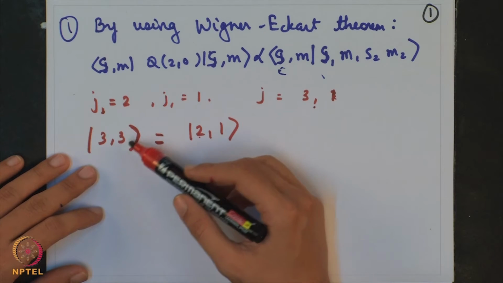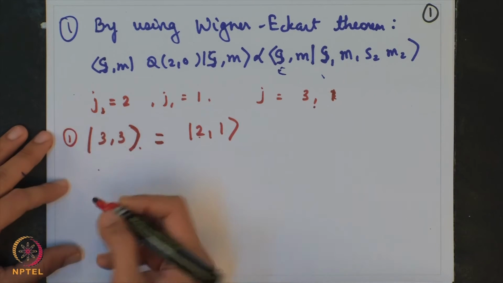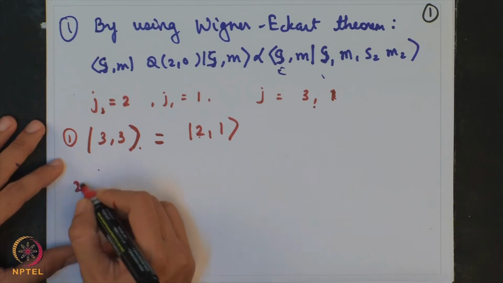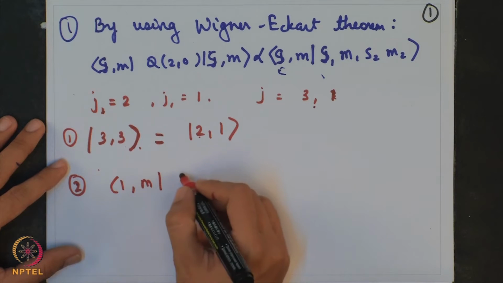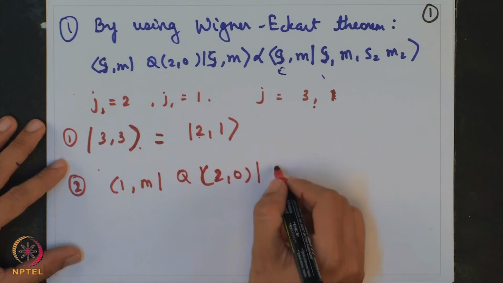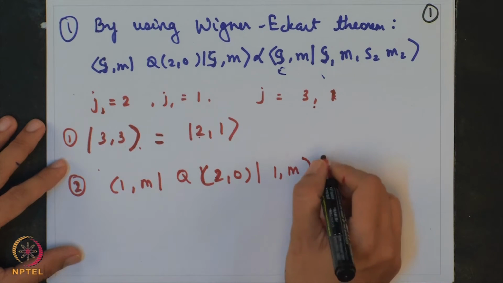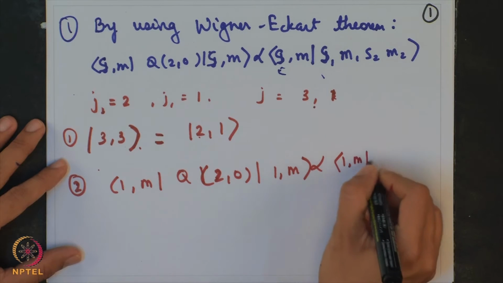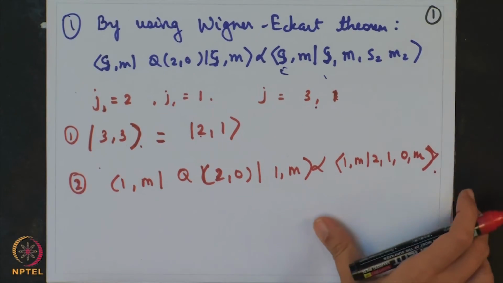This is the highest state which I will calculate, and this will be point number 1. We will go to the roadmap, but let me first draw some points. So, 1 comma M, this is what you are going to evaluate, 1 comma M. This quantity is proportional to 1 M to 1 0 M. Okay. So, now let me draw the map for you. If you are able to evaluate this quantity,